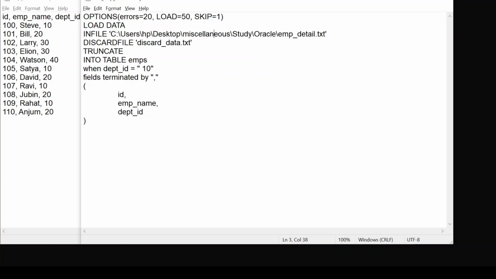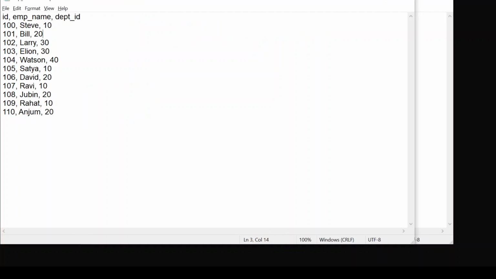And we have fields terminated by comma. This is the arrangement of the internal table. So we have this table, you can see here. This is the first row: ID, employee name, department ID. This is the header row, and from the second row onward we have the records which we have to insert into the database table.